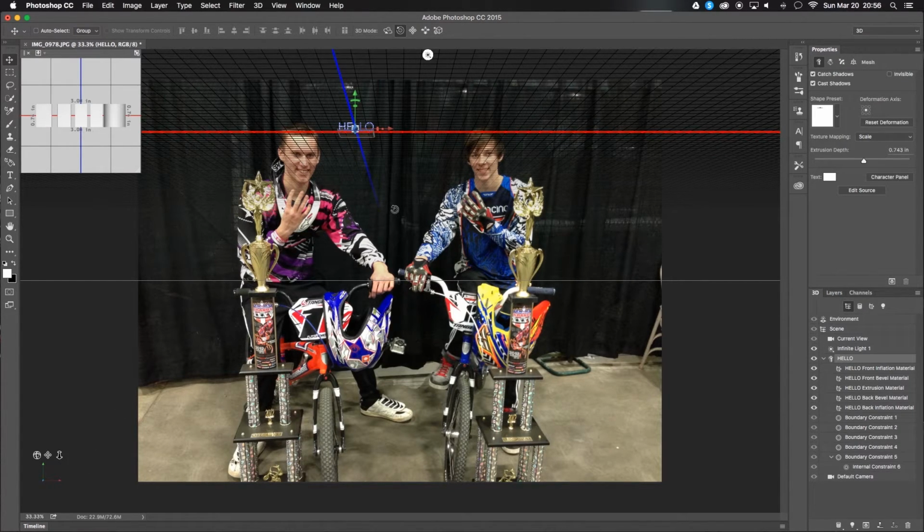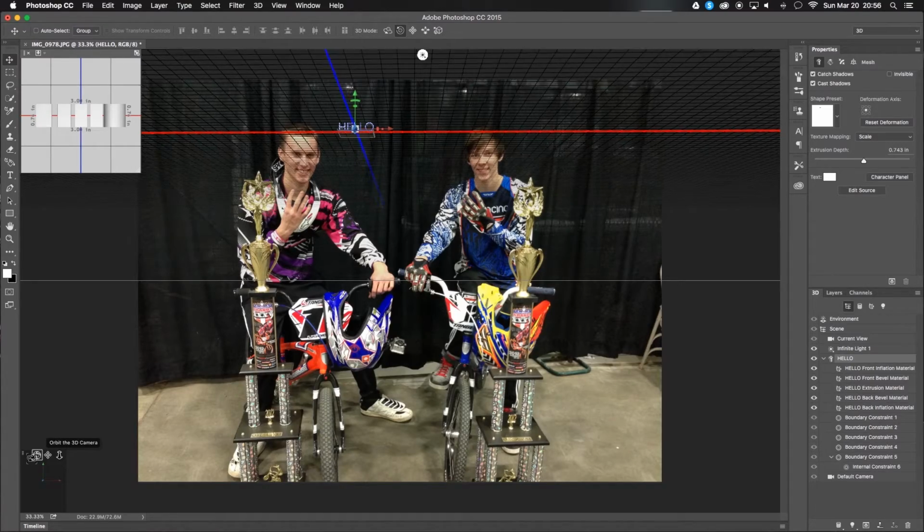Now this was really confusing for me at first, how to move this stuff around. It took me a little while to understand it. But if you see down here in the bottom left, all you have to do is hover over one of the menu items, icons, whatever you want to call them. You need to hover over the one that you want to use. So if I want to orbit the object, just click and start orbiting,